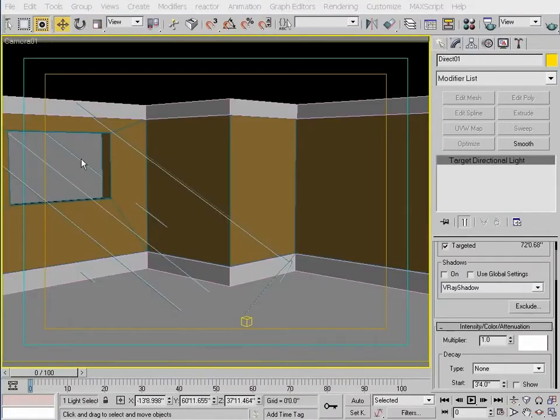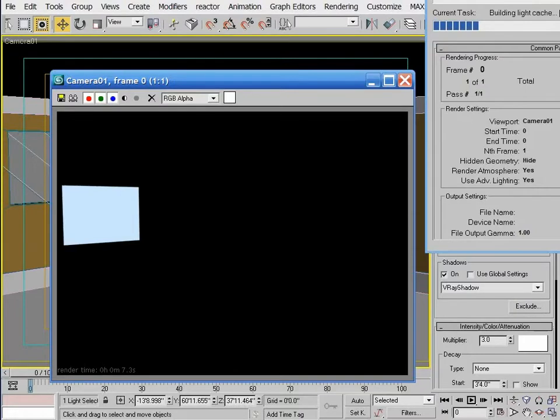Now, once light enters this window, it bounces off the floor and continues on by bouncing around all the different surfaces in the room. For interior scenes, you really need larger intensity values than the default 1.0 value. Here I'm going to use a multiplier of 3 and see how that works. I also need to enable V-Ray shadows, which I'll talk about in just a minute. When I render an interior view with this light,